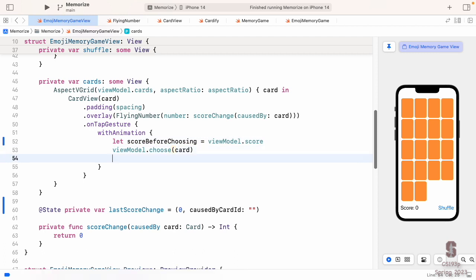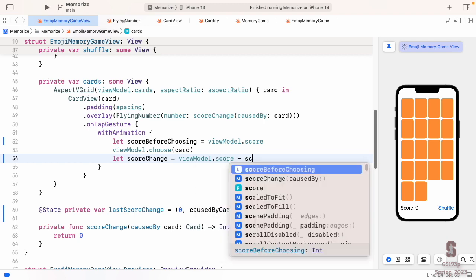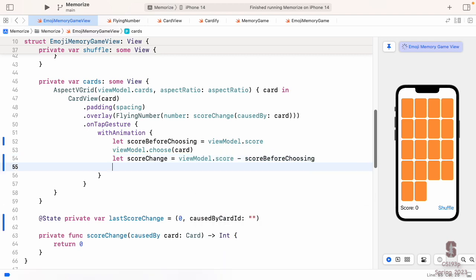And then right after, I'm going to say let score change equal the view model's score minus the score before choosing. Does everyone agree that that's going to keep track of score changes? Because every time I choose something in my model, the score might change. Maybe there's no change, it's 0, but it could change, and this is a way to detect it.